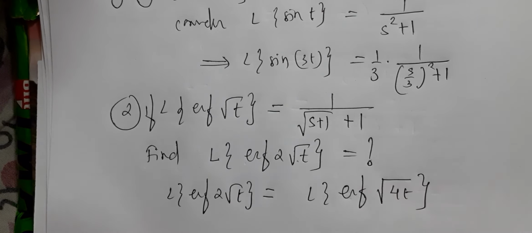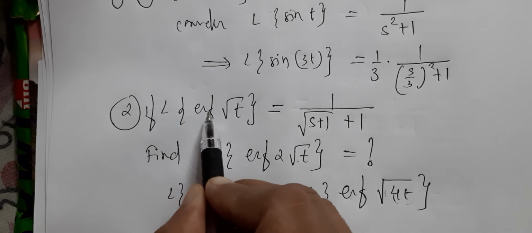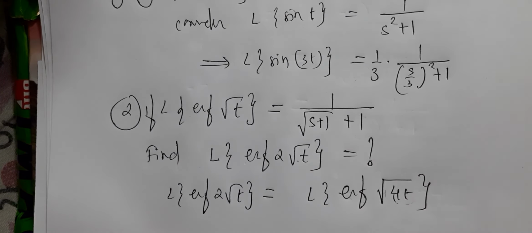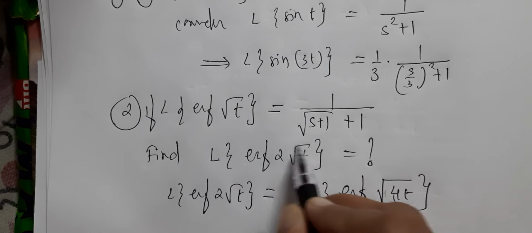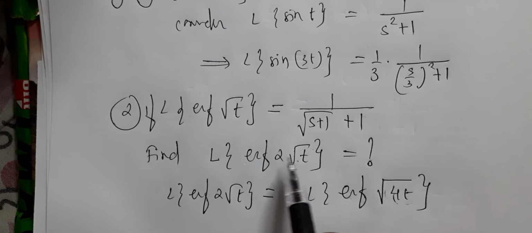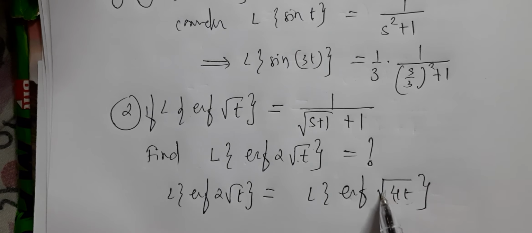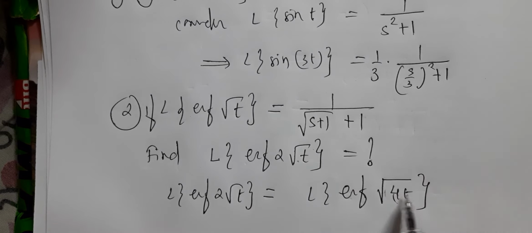And see properly now my sentence: in place of t it should be at. We know Laplace of erf, meaning error function. We won't go into detail about what that error function is. You just think of it as some name. Instead of f, I am writing erf. So it is f of root t, and you are asked f of 2 root t. What I am saying again and again is, in place of t, it should be at. So this 2 into root t, I will write as root of 4t. So in place of t, I got 4t, meaning in place of t, I got at.